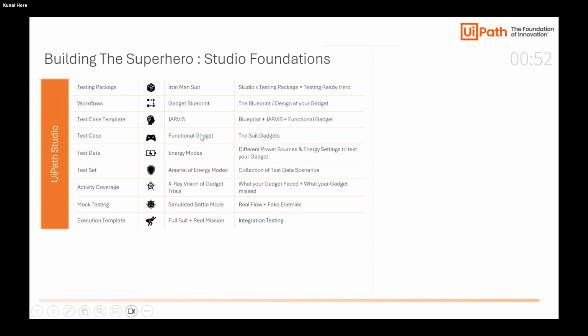Now, to relate, I have just compared the entire thing that we are going to learn here today with the Iron Man theme. The testing package is your Iron Man suit. Your workflows are the gadgets of Iron Man. Your test case templates are nothing but the AI assistant which helps you build a correct test case. Your test case is a functional gadget. Your test data are the different energy modes with which I'm going to test my test case. When you have multiple gadgets, you combine them to create your arsenal of energy modes, and that is your test